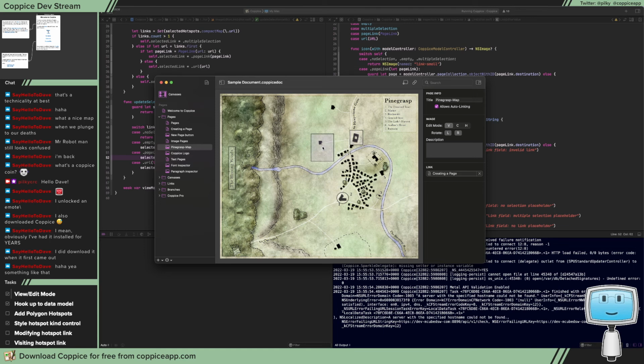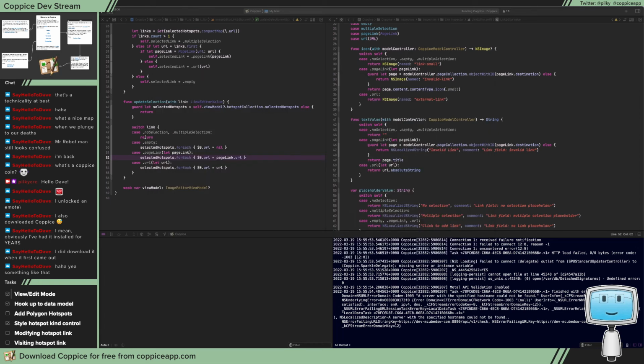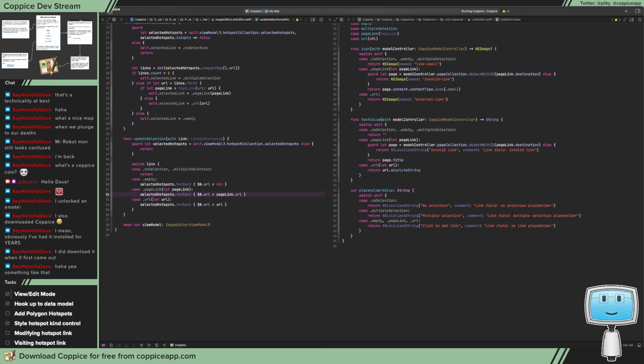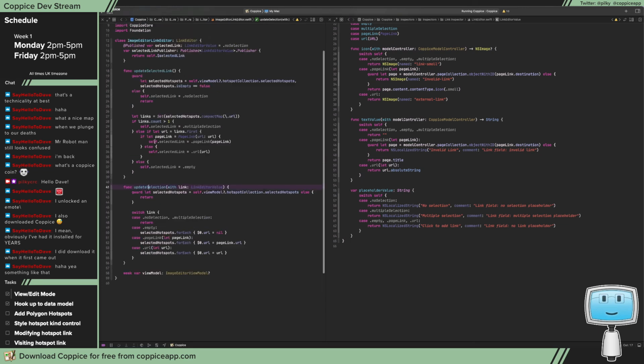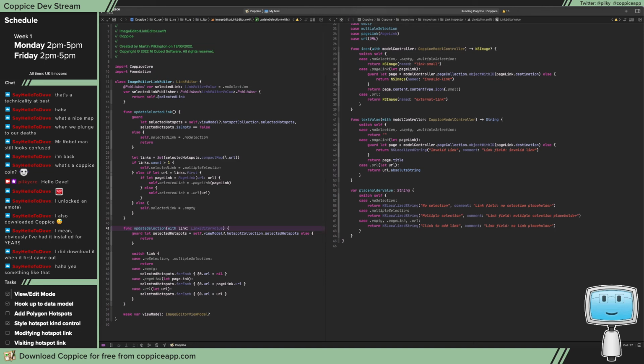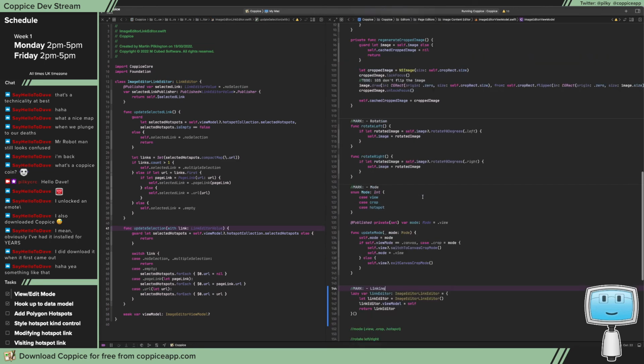That is now being stored. Go there and go back. Okay, so that is not committing. So what we want to get on the view model